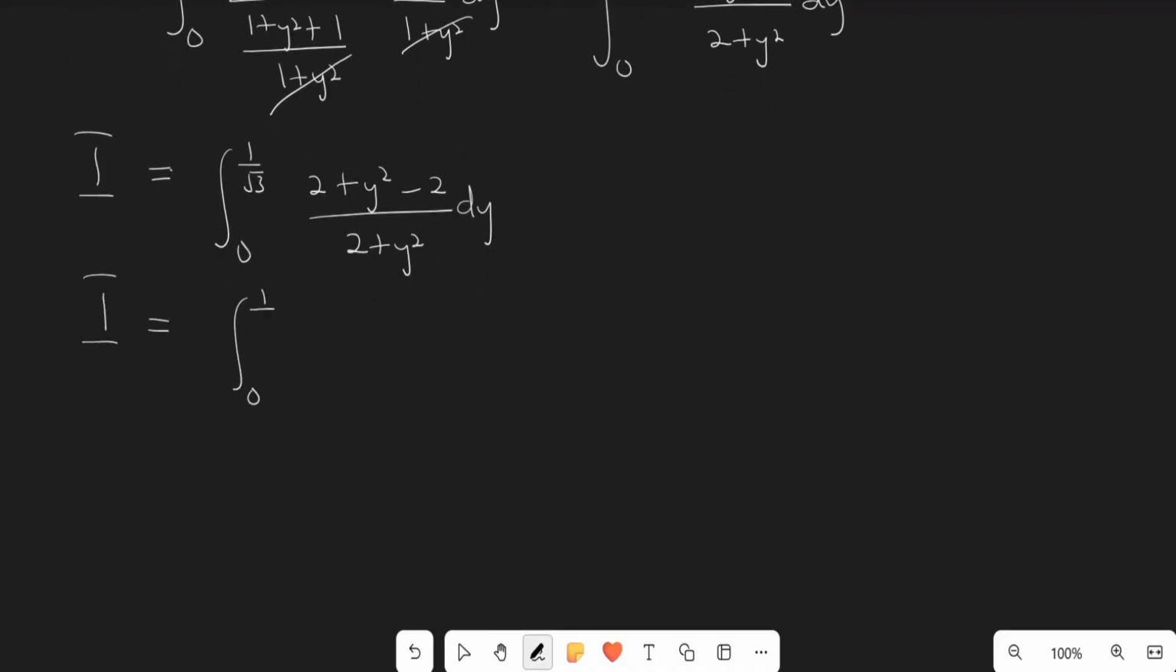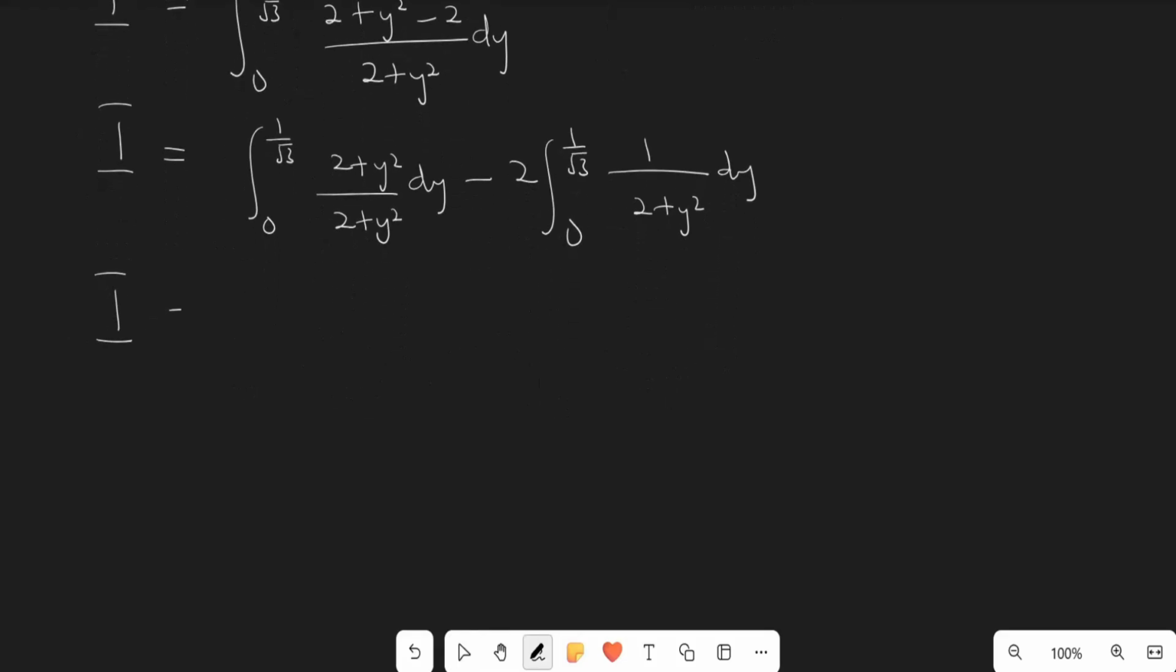The integral from 0 to 1 over the square root of 3 of 2 plus y squared all over 2 plus y squared dy, minus 2, the integral from 0 to 1 over the square root of 3 of 1 all over 2 plus y squared dy. I is going to be equal to the integral from 0 to 1 over the square root of 3. This is now 1, integrating 1 in the y world, minus 2, the integral from 0 to 1 over the square root of 3